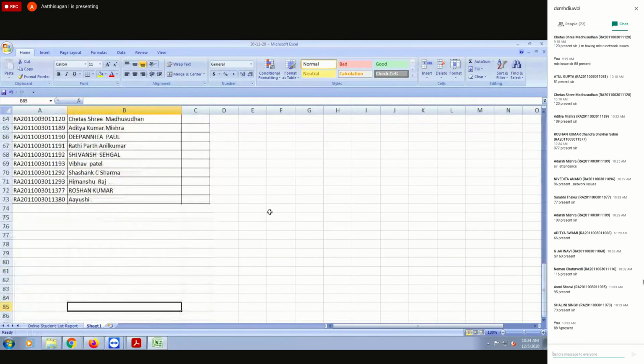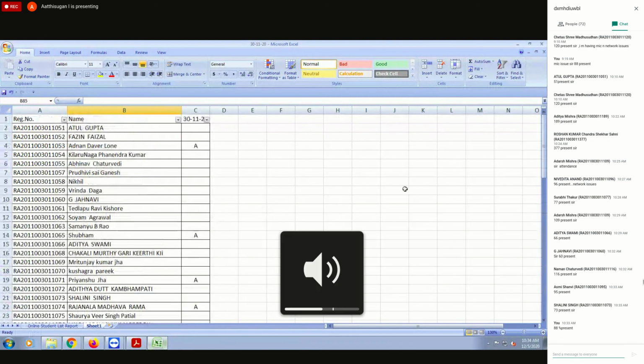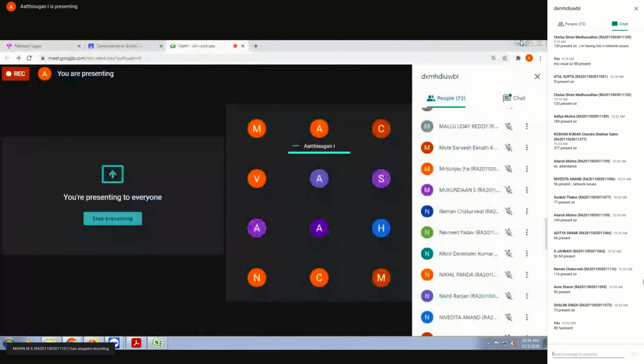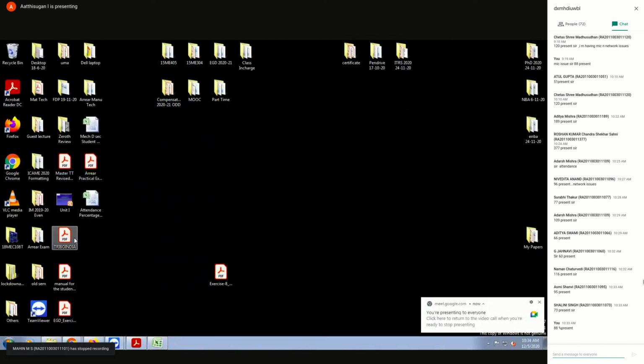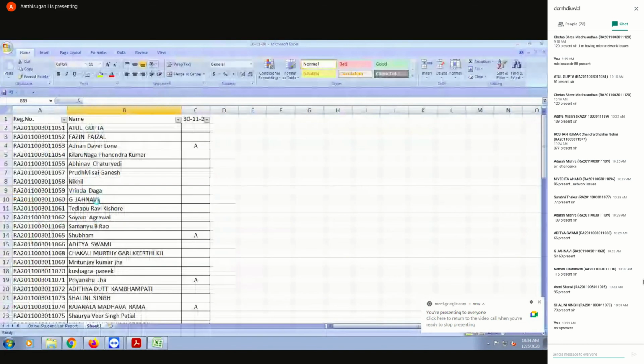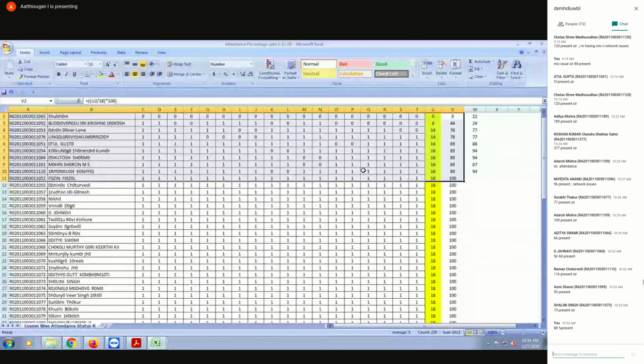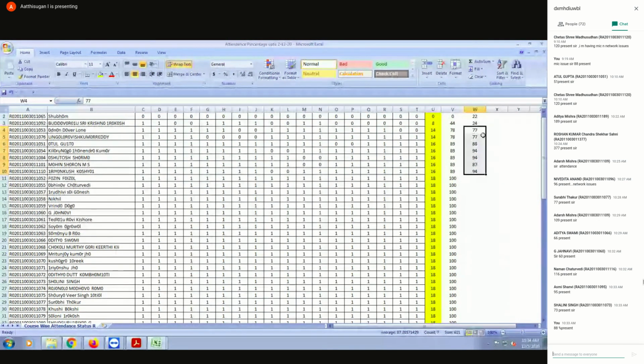Again, repeating the attendance percentage, many people are having less. I already reported to your class in charge also. Shubham and others. This is only showing theory class, taken from my ERP. These people have less than this, including theory and lab. These seven people are more than 75. This is overall, but these two, Shubham and Sri Krishna Prakash, your attendance percentage is very less.